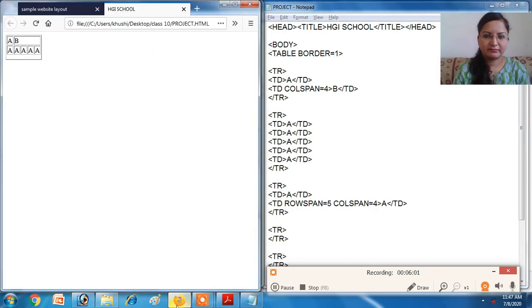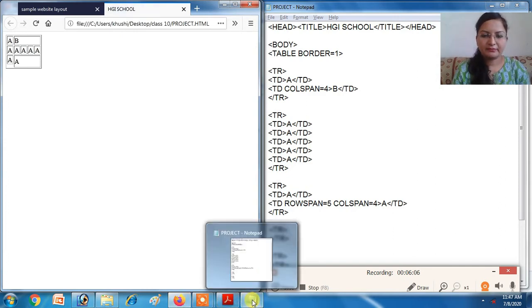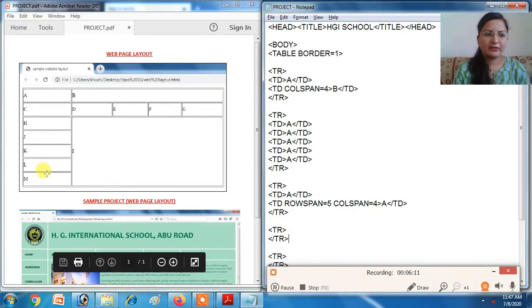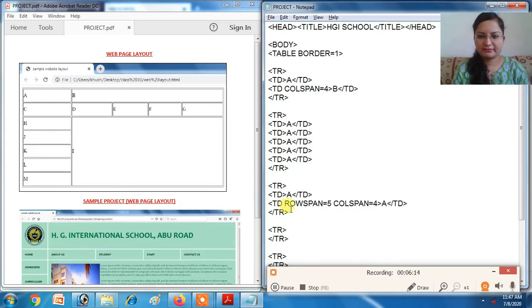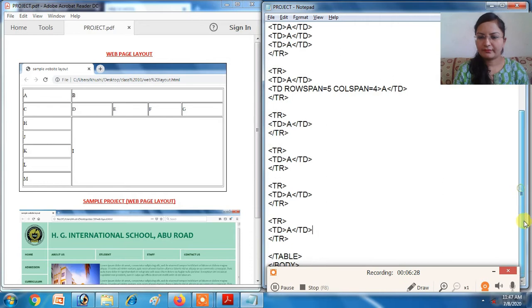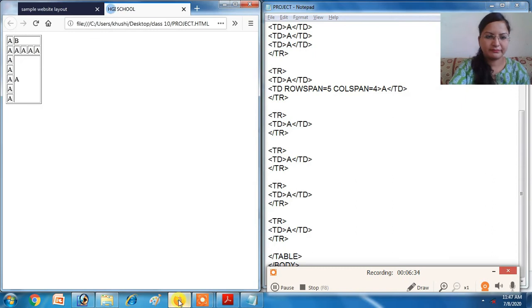In the other TRs you have to put only 1 TD each. Let's see the output. Okay, this is as we want.